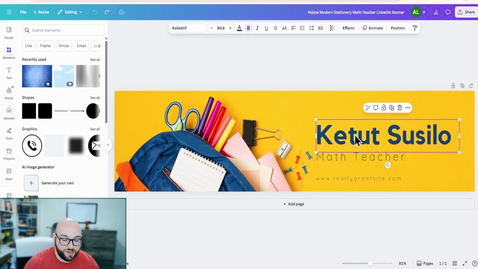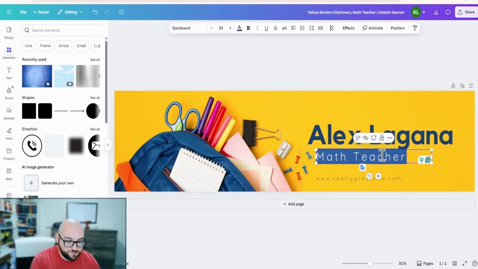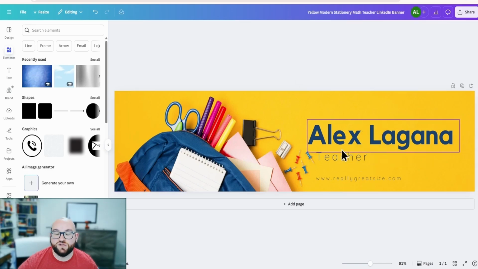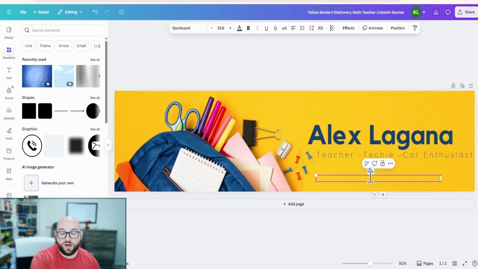But I can come in here, I can edit my name. I'll make this a little bigger so that it fits. I can edit this. I like to add a few things about me that'll stand out to school districts or somebody looking into my profile. So I can add my current job title. I can add a personal skill or something that I specialize in, or I can put in my own personal message or something that I want recruiters to know about me, like where I'm located, or to subscribe if you're